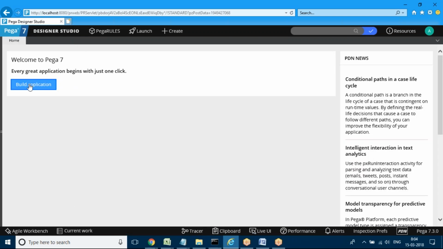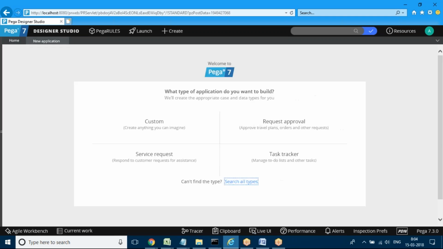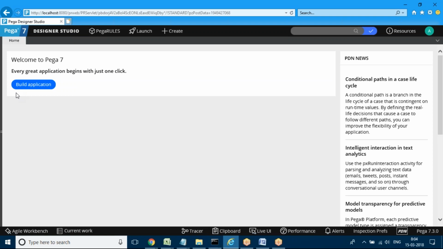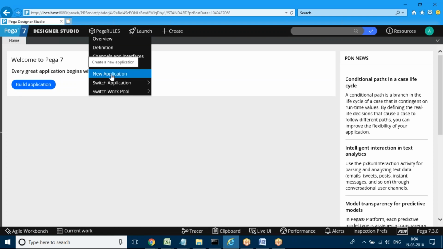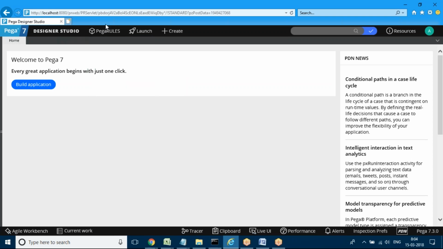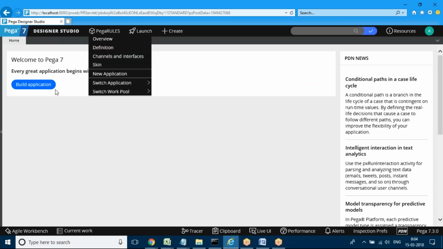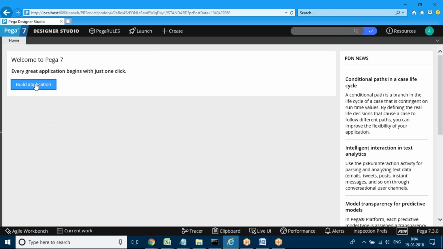Okay, if you click on this also, it will go to the same page only. So Build application, if you click from the work area panel, that also will go to the same page, or else from the application menu, if you click on New application also, you will go to the same page. Both are the same only, but here from the menu we have to use the tool, and here they have directly given the option. Okay, that we'll see tomorrow in detail: what is the tool, and what information we have to fill. We'll see in tomorrow's class.